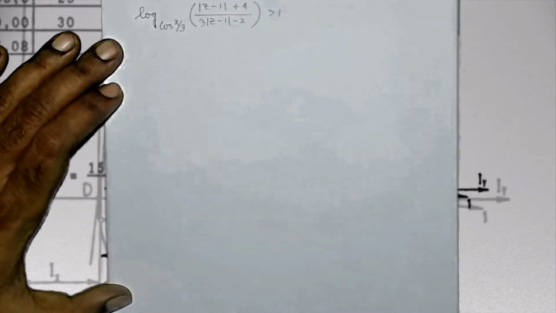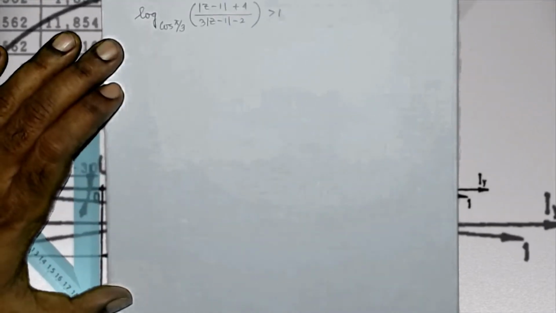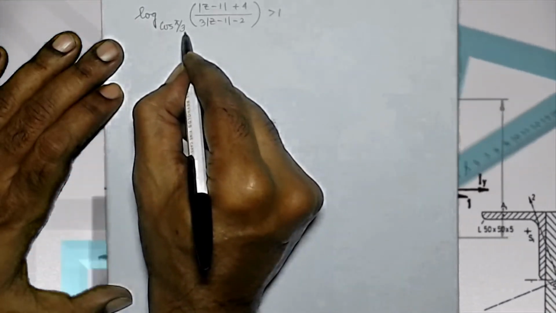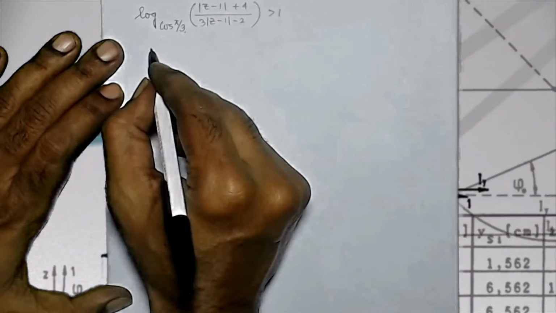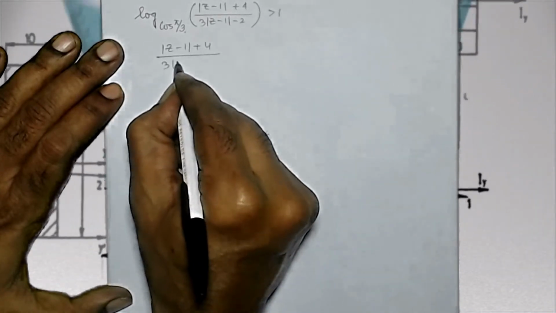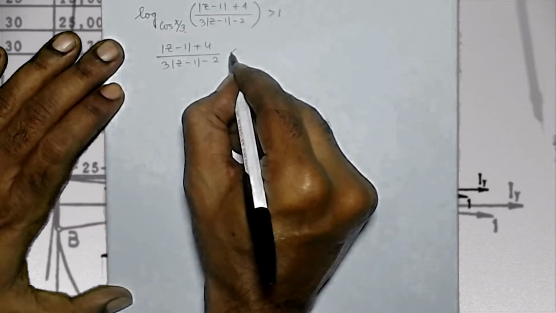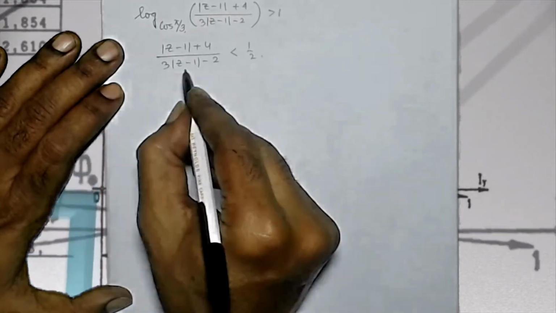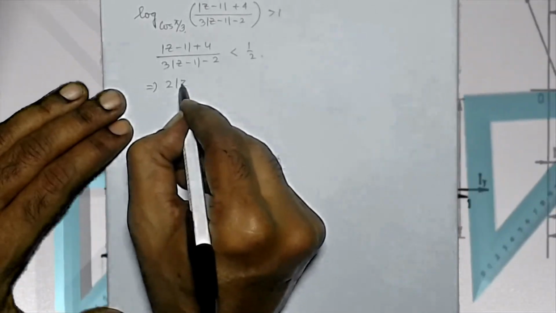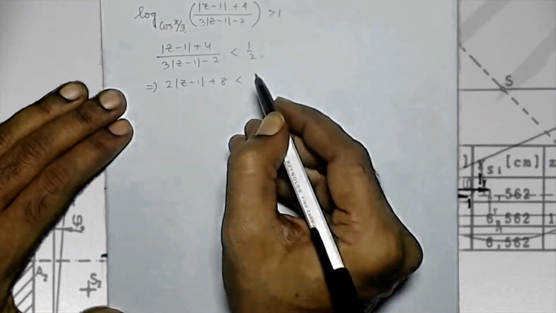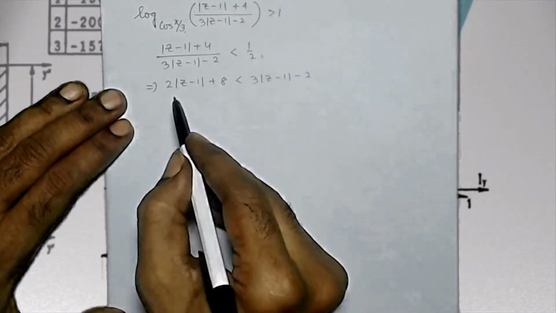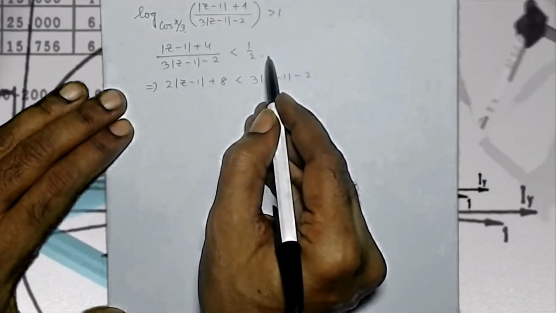Again, the question is to locate the complex number z on the complex plane. Cos pi by 3 is cos 60 degrees, which is half. So here we can write with the same argument. Have you understood it? I've changed the sign. So if I cross multiply, we are going to have... Now you can ask me one question, sir, why have you multiplied in this case? It may so happen that